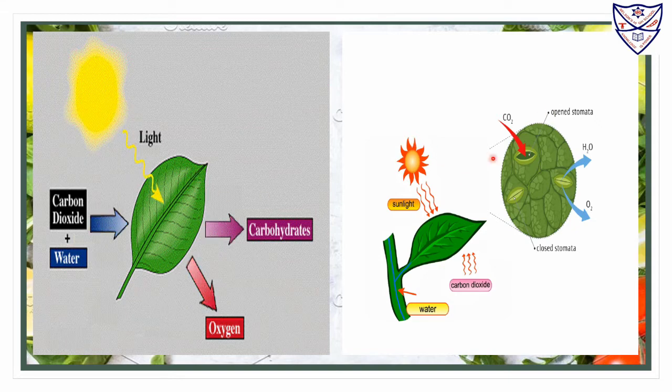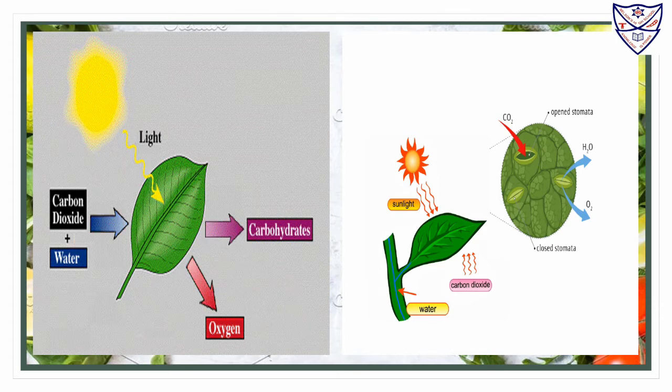Now, if we turn a leaf over, children, just observe. Take a leaf and look closely with the help of a hand lens. What can you see, children? There are some tiny openings. We can see millions of tiny openings in the leaf. Here you can see these tiny openings. These tiny openings are called stomata. In singular form we say stoma. The stomata help the plants to breathe.